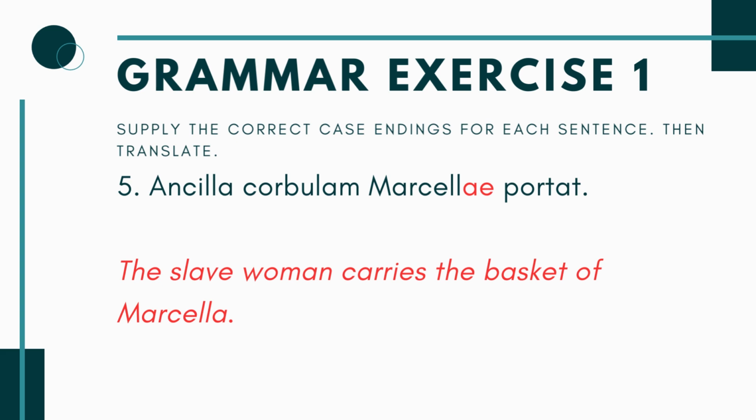The little basket. So what is Marcella doing here? Again, it's showing possession. I'm trying to say that the basket belongs to Marcella. And since there's only one Marcella in our story, it's going to be AE, that genitive singular. So it's ancilla corbulam Marcellae portat, right? The slave woman carries the basket of